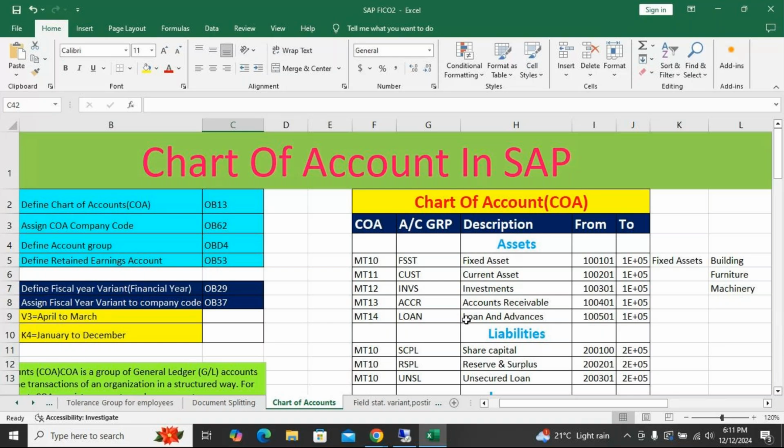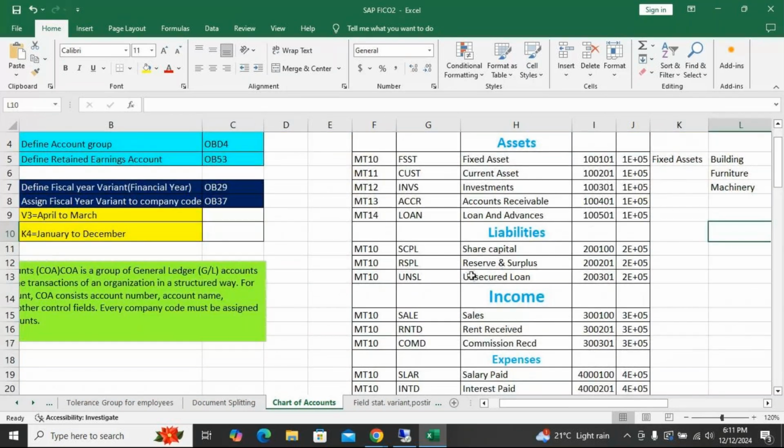So don't go by this, I have given loans and advances. Only loans will come under unsecured loans. There is a difference between these. So loans and advances, when it comes to our business, is an asset. But if it is a liability, that is an unsecured loan, there is no chance of recovery. So in that case, it has become a huge liability for the business. Suppose the company has given some loans to customers, and the customer is unable to pay with the interest, then it will be a huge loss for the company.